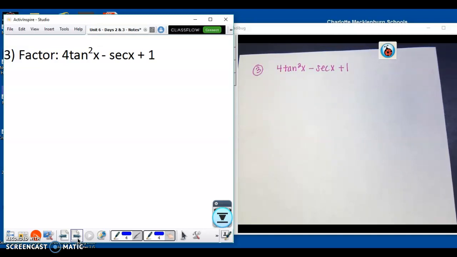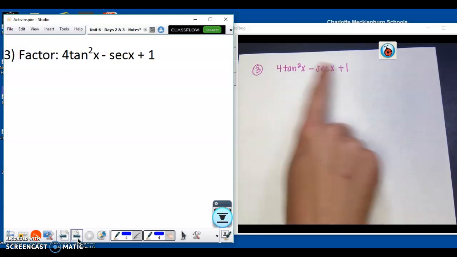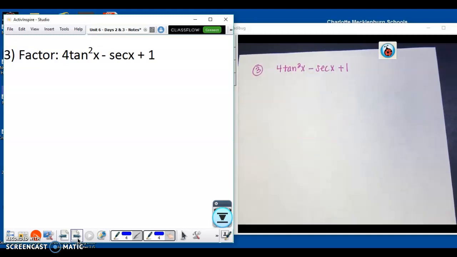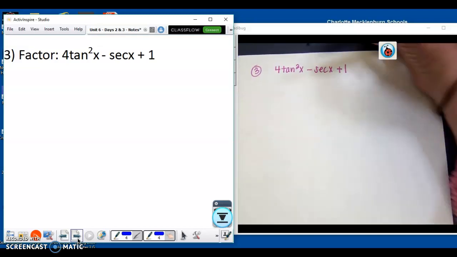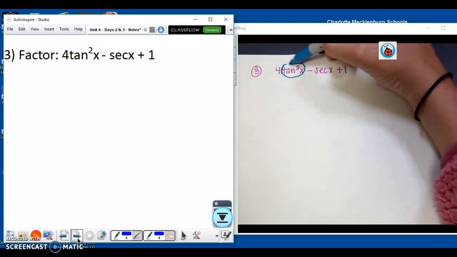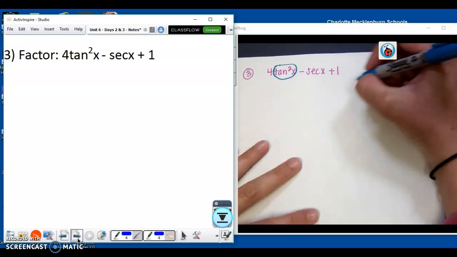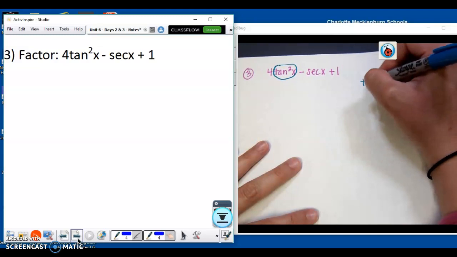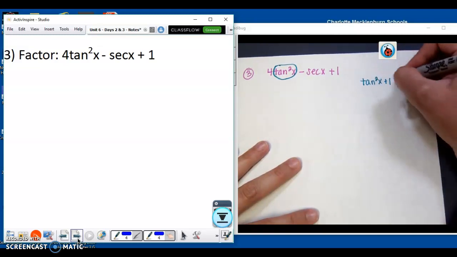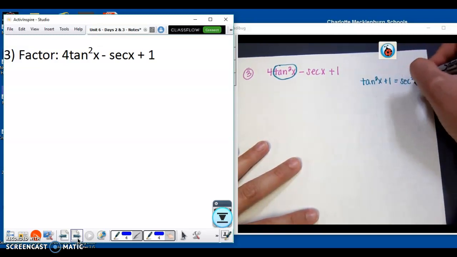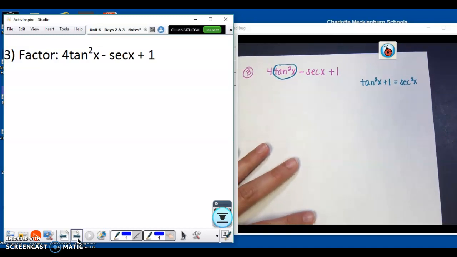So guys, in order to factor, you have to have all the same trig functions. Okay, this one is fine, but you can't have tangent and secant. Because we know those are Pythagorean identities, you're always going to want to change the one that's squared in terms of the other one. So if you remember, we know that tangent squared x plus 1 is equal to